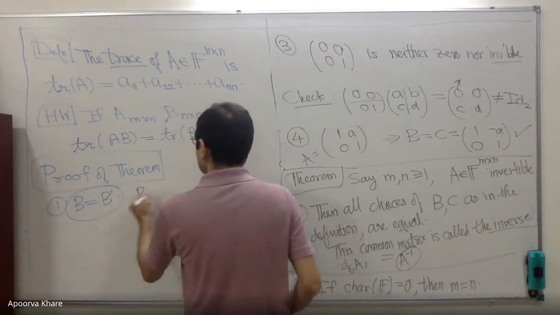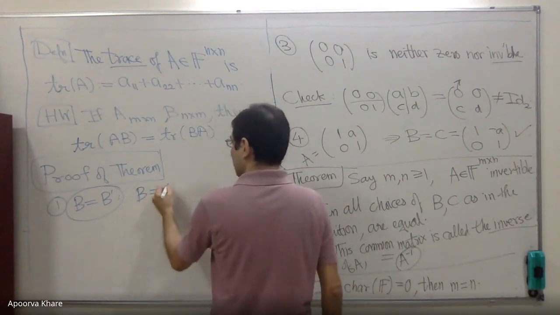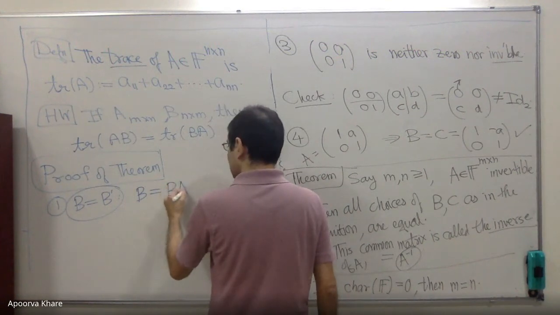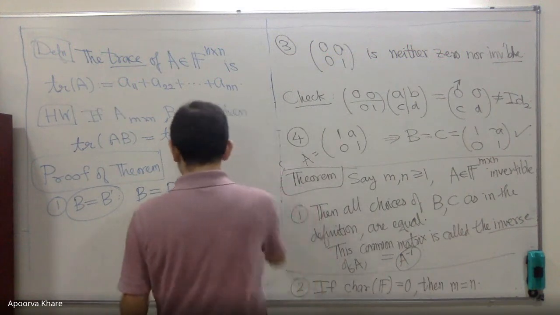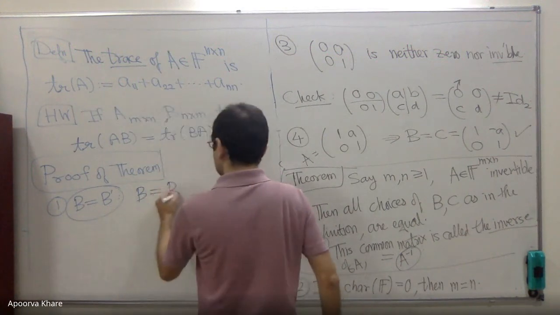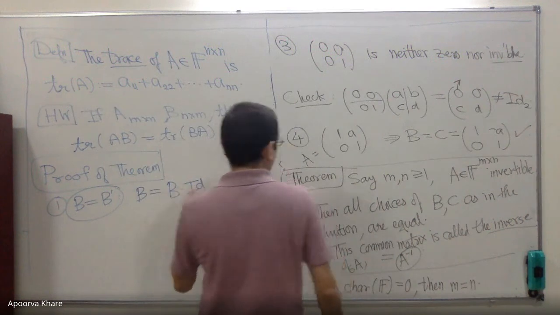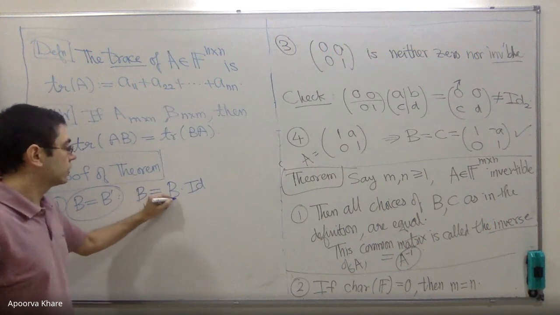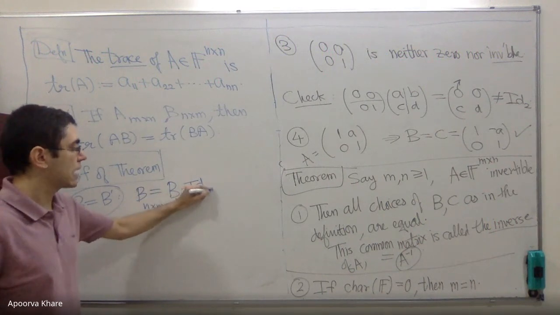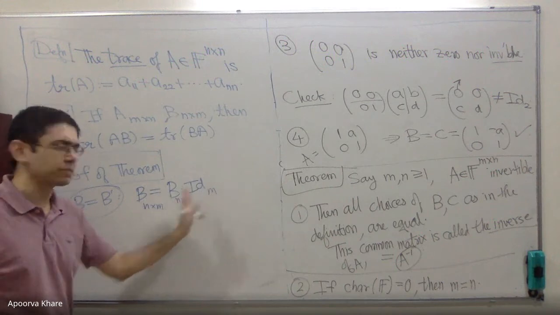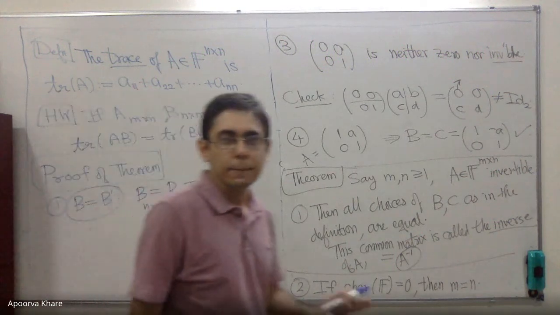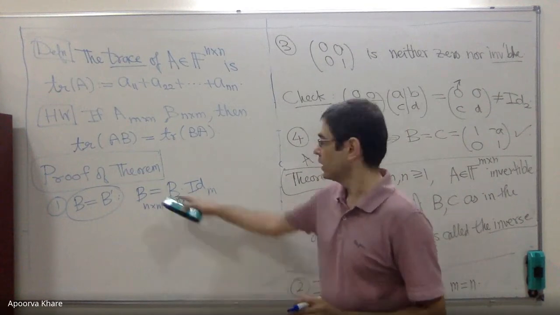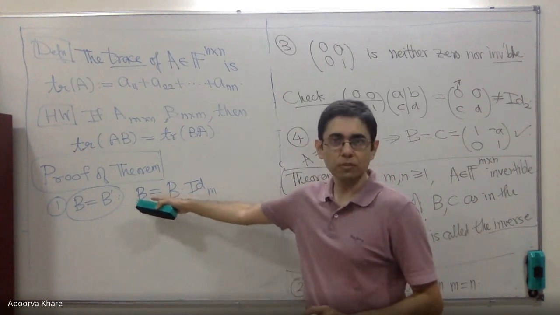You start with B, and I'm going to write down B equals B times identity. Let's go step by step, slower. I'm not even going to write down the dimensions. You know that B is N cross M, therefore this must be the identity matrix of size M cross M, and so on. But I won't write these subscripts. You can think about them yourself, because by now I've told you what matrix multiplication is. So assume that every term here is defined. Anything times identity is itself, so B is B times identity.